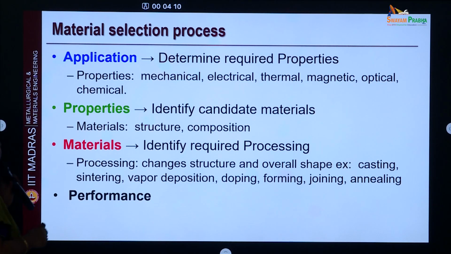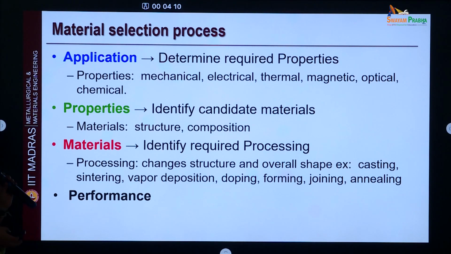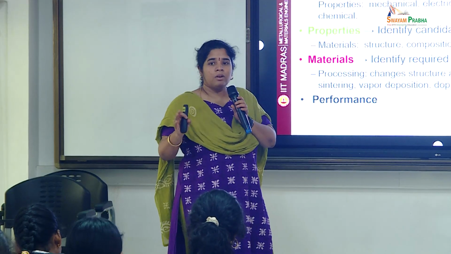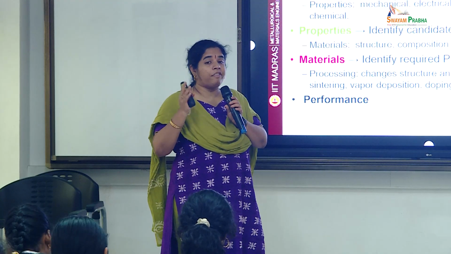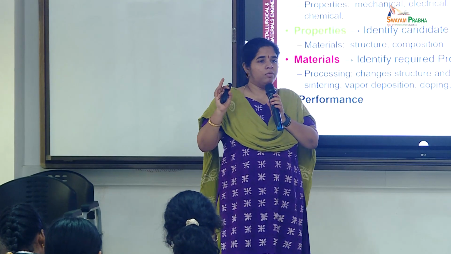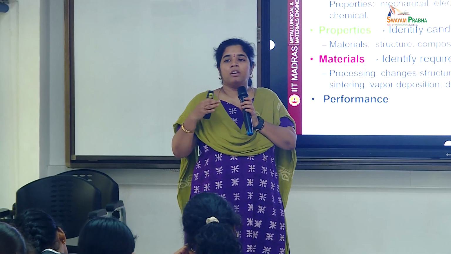And then identify the processing. That is also quite important. We want structures with the least defects, like pores and cracks, something that we don't want to have. So what type of processing, and how to optimize the processing in such a way that we will not have them. Sometimes what we do, we fabricate two structures using casting and we weld them. So whatever processing we are using, it should not affect the property we want, and secondly it should not have defects that can lead to further failure.